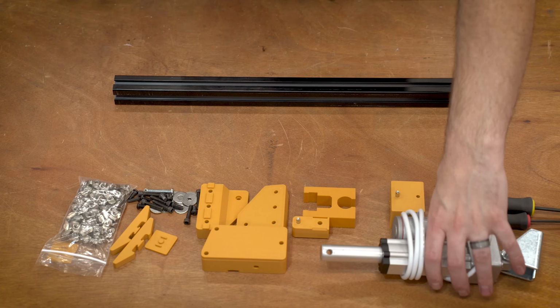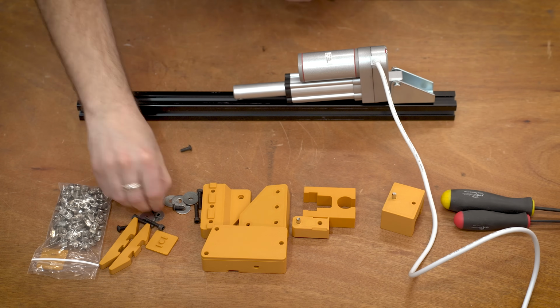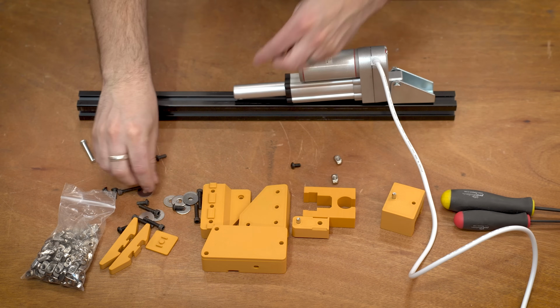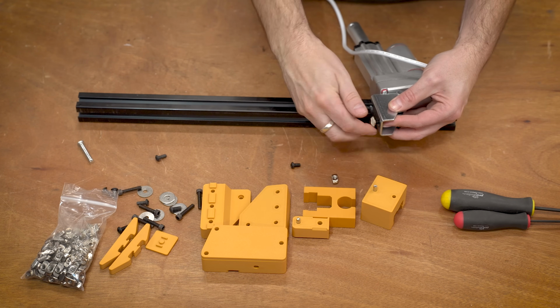The assembly of this whole thing is really straightforward. I think it only took start to finish maybe about 15 minutes. It's pretty easy. I'm going to start with the linear actuator side. It includes these metal mounts, so I'm using one of them for one end. You just put the pin through, put the cotter pin on, and I'm using a couple screws to